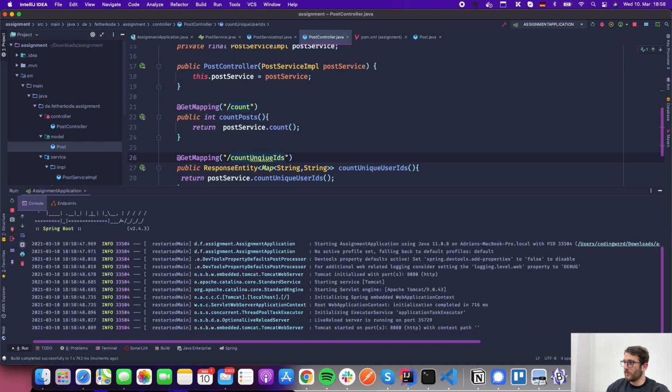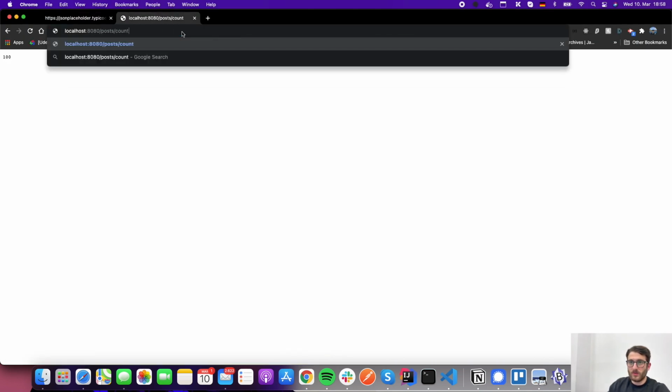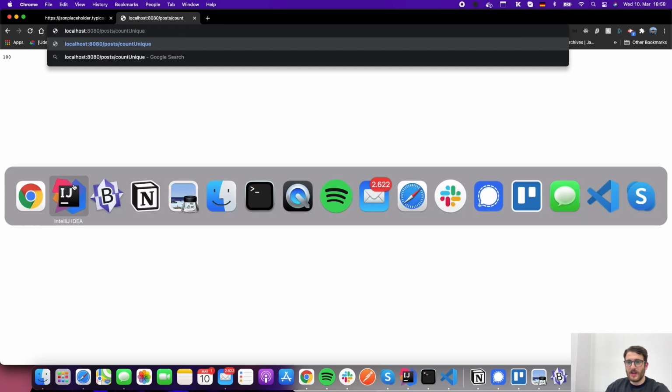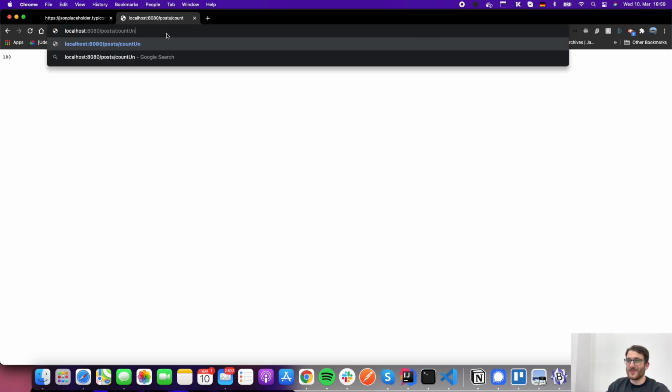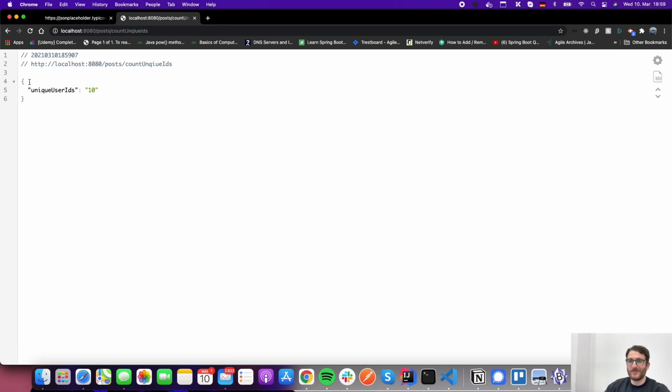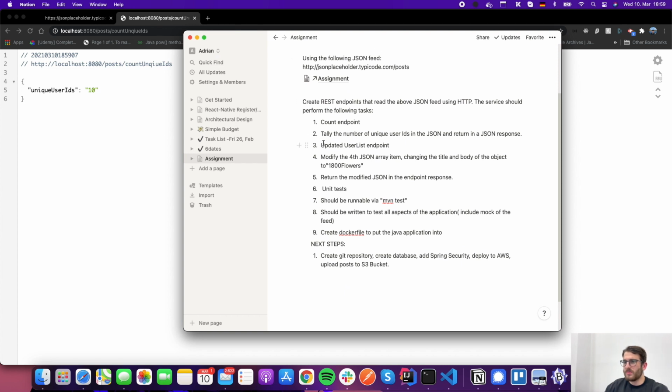Okay, this should do the job. If we get back to our localhost and we say count, don't tell me that... okay, I made a mistake again, I'm sorry. Okay, so now we have 10 unique user IDs, so this worked properly. Okay, now we skip the updated user list endpoint, so I cannot wrap my head around this at this moment,